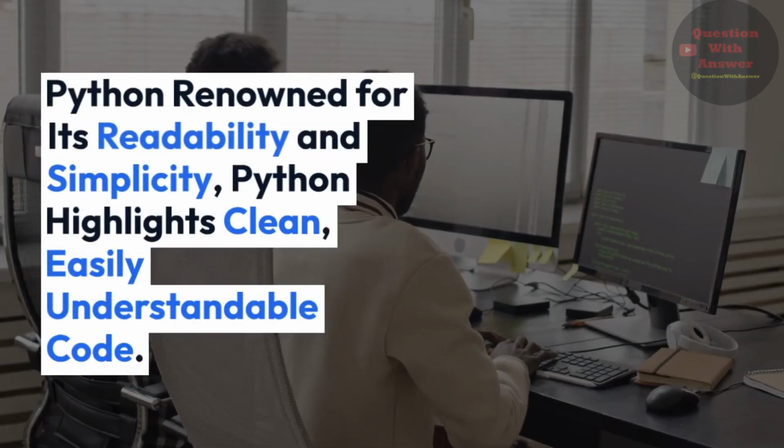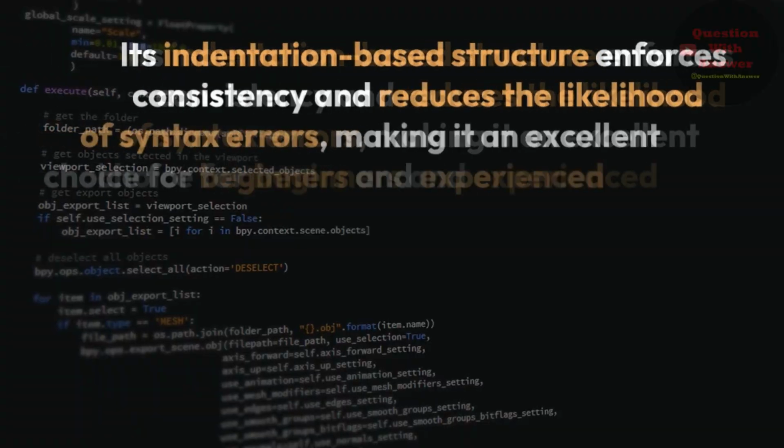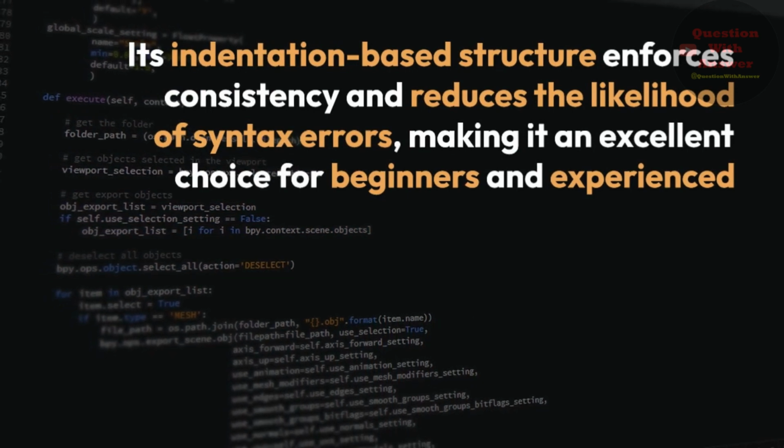Two, syntax and readability. Python, renowned for its readability and simplicity, emphasizes clean, easily understandable code. Its indentation-based structure enforces consistency and reduces the likelihood of syntax errors, making it an excellent choice for beginners and